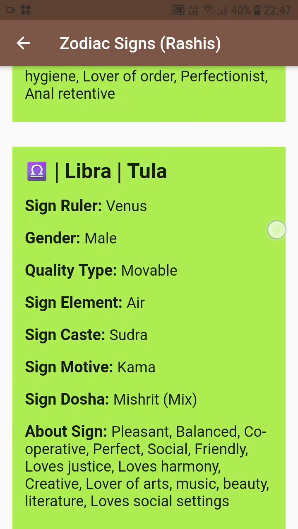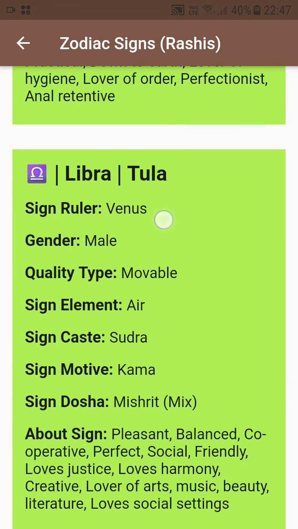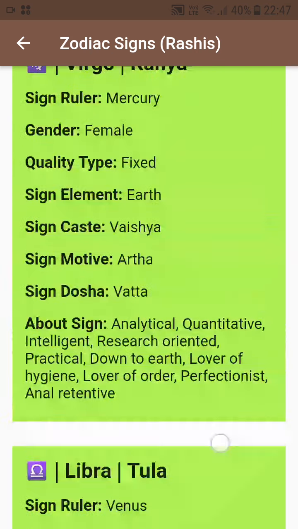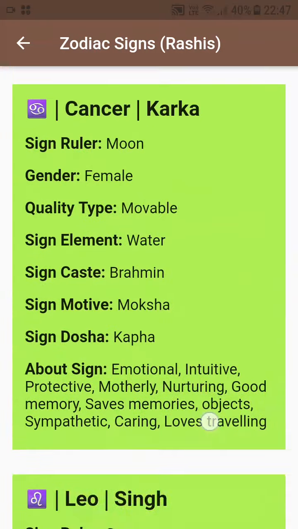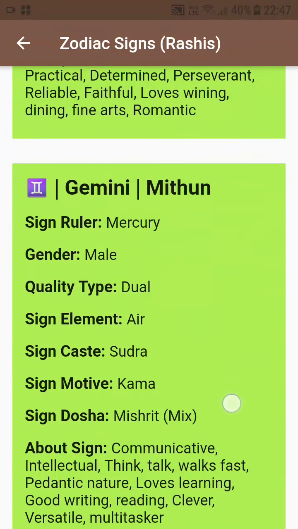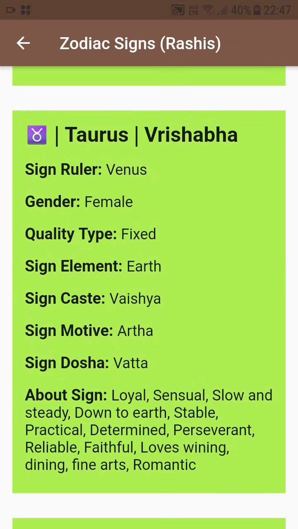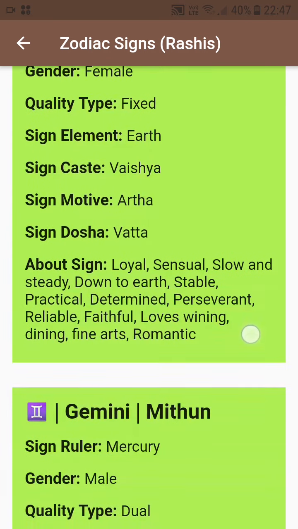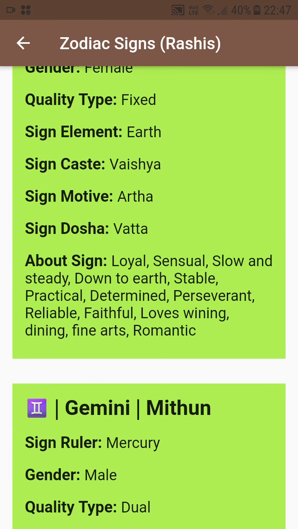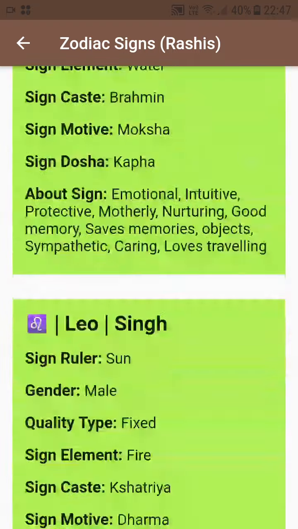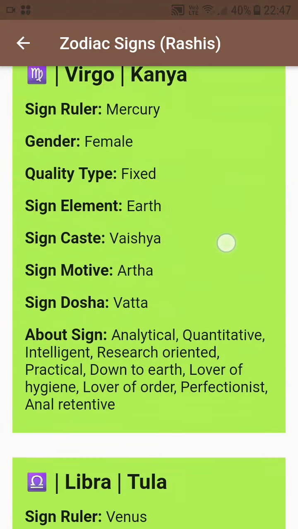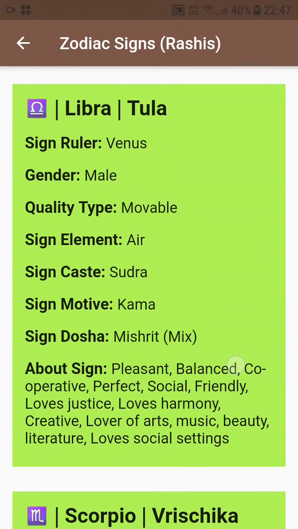Then we have Libra, Tula Rashi. It's going to be ruled by Venus. Here Venus is going to act differently because it's the airy movable sign, and before it was an earth sign. Then we have Taurus, fixed earth. Here is going to be a little bit more materialistic approach. Here the Libra is going to be more social. So Venus,